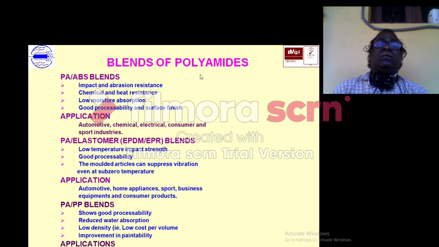As I told previously, the polyamides can be blended and we can use them with a filler, based on the different applications.